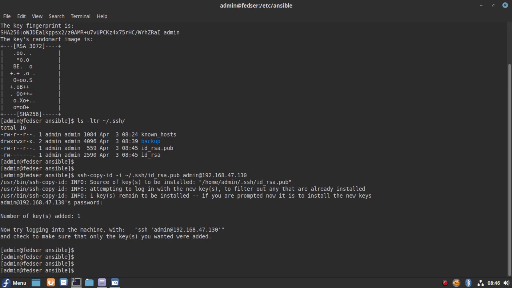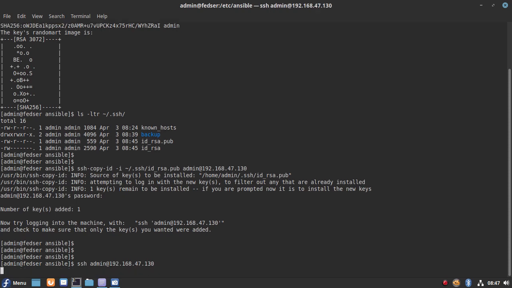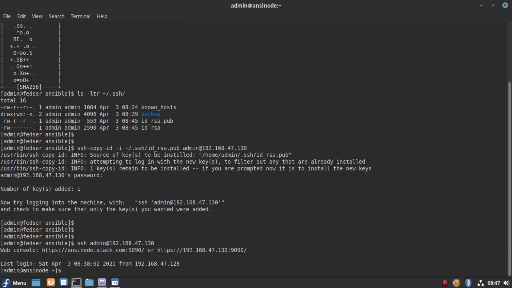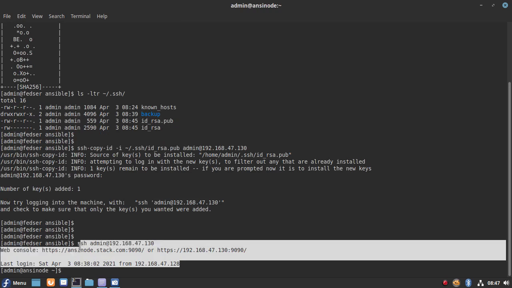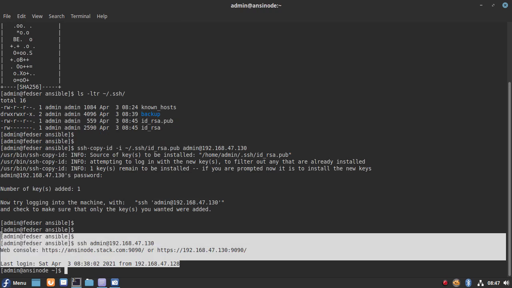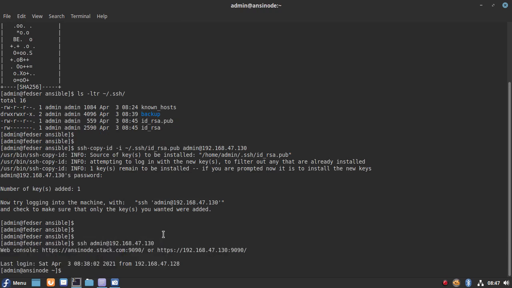Now let's see if we are able to SSH to that remote node. Okay, we are now able to log in to the remote node without any password.